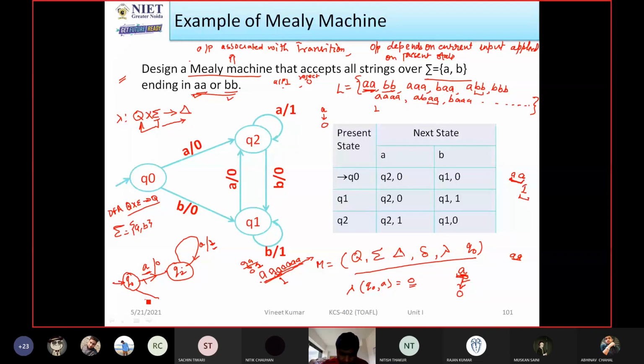So we have to apply each and every input over all states. So applying B here, obviously there may be a state like Q1, and because only B is there, what will be the output corresponding to this? 0. So this is 0. Now apply A and B. See here, A is there, output 1. So at this level we can get either A or A. But when we apply B, is it a string ending with A or BB?